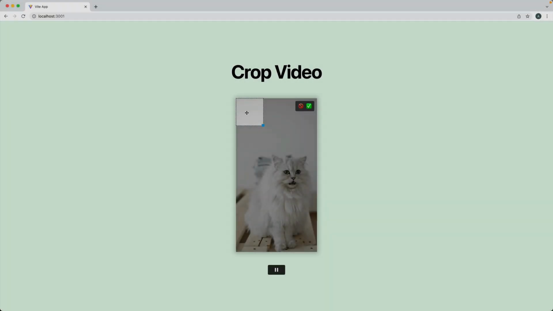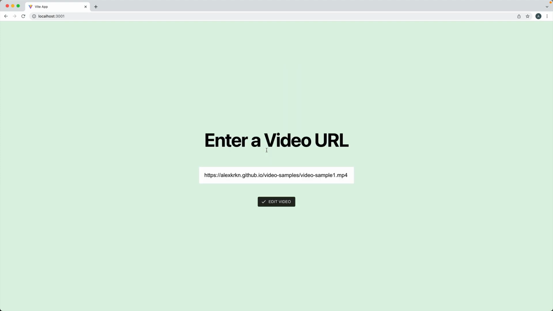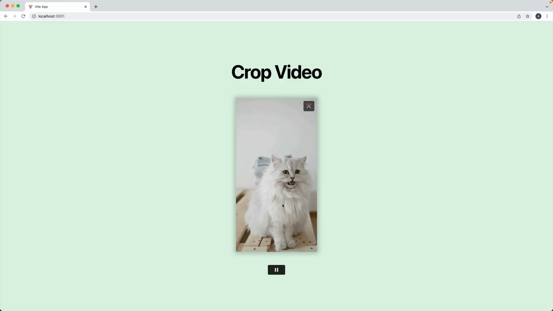In today's video, we're going to build a video crop tool using React and the excellent useGesture and React Spring libraries. This tool will let the user enter the URL of the video they would like to edit. Then this video will be presented in this HTML element, and we'll also add controls to pause, rewind, and play